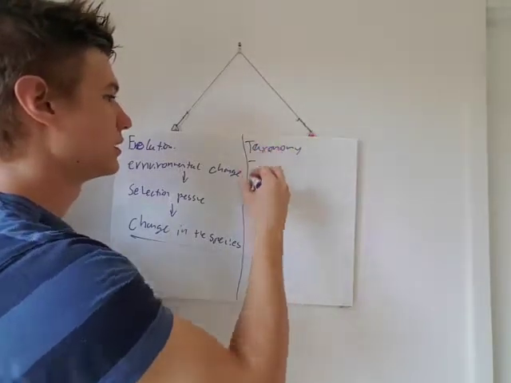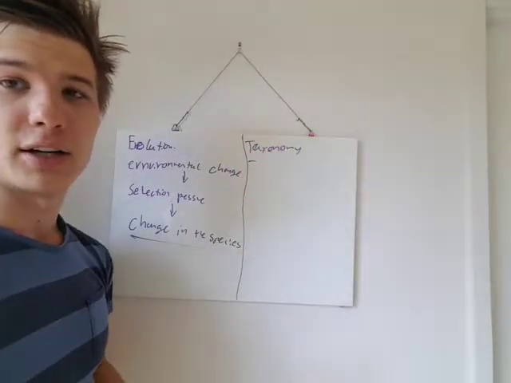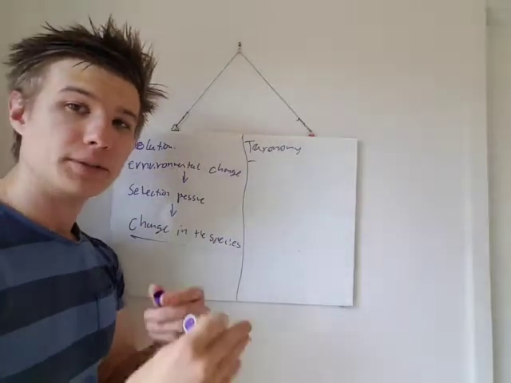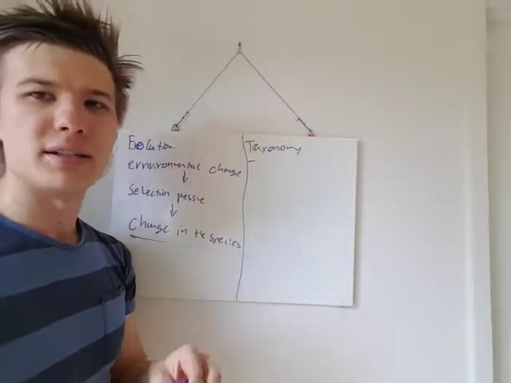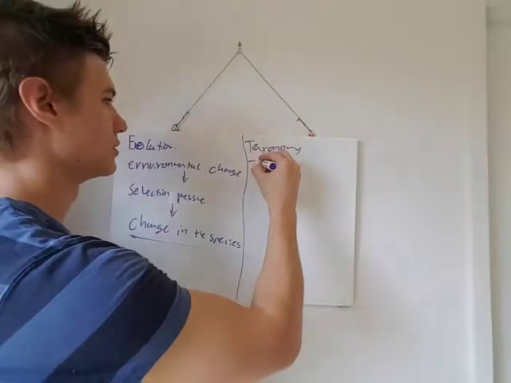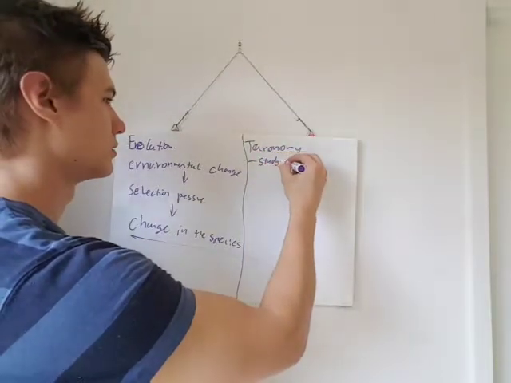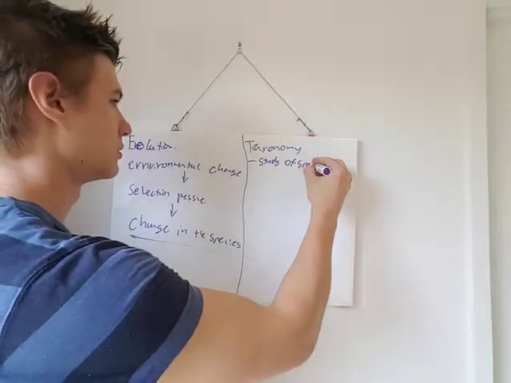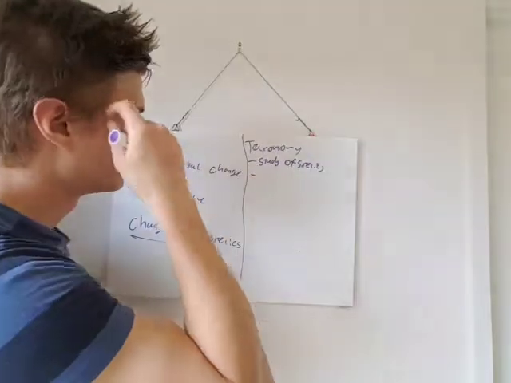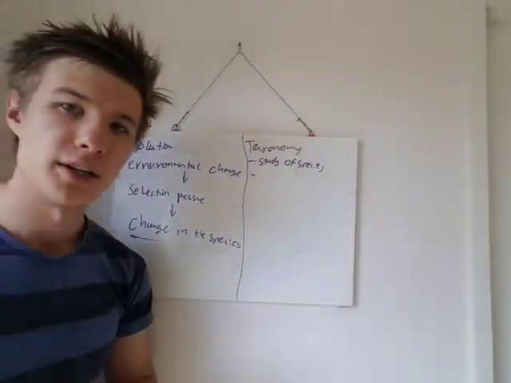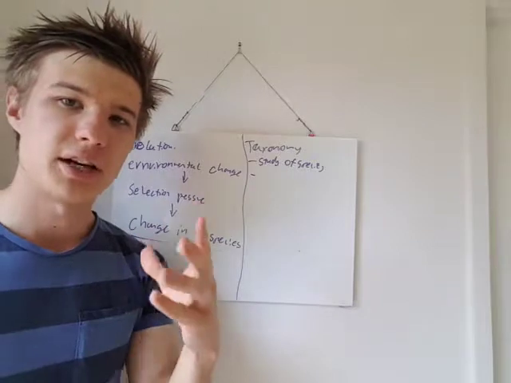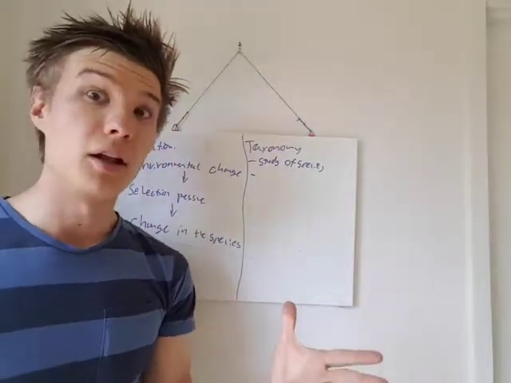Taxonomy is the study of living things and trying to categorize them into evolutionary pathways and species, etc. And so we can go through kind of the history of evolutionary study,